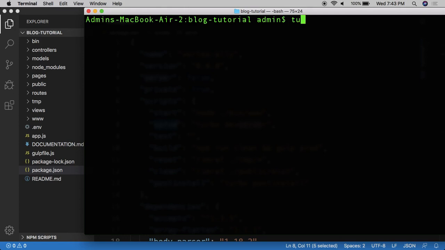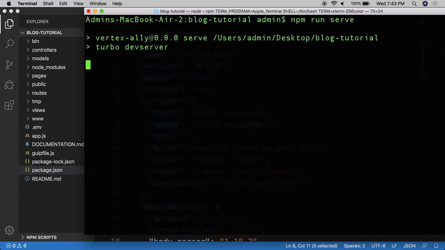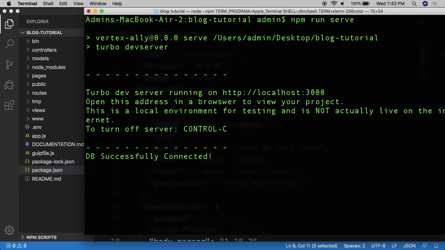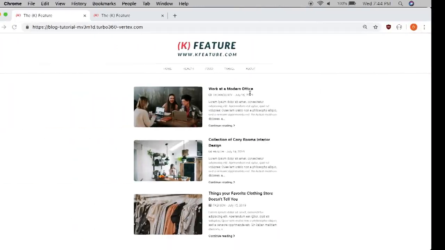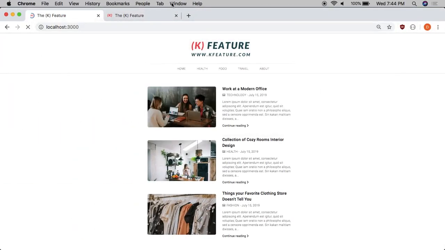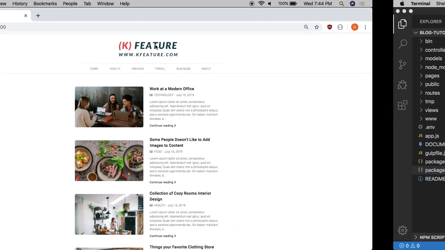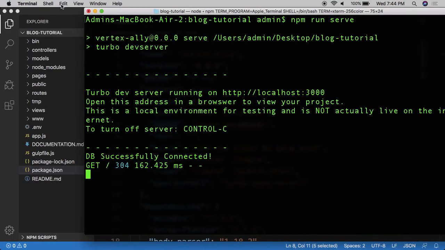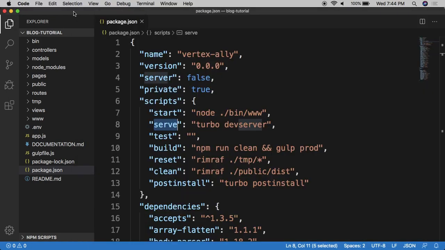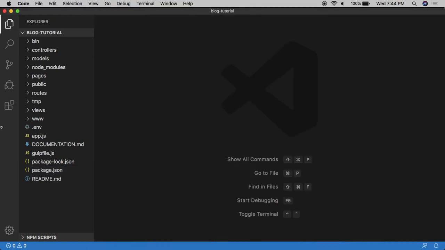So I'm going to go back and run the dev server again. So npm run serve. All right, and let's go back to localhost. Now we're back on localhost, right? And let's go back to the code. Now if I open up